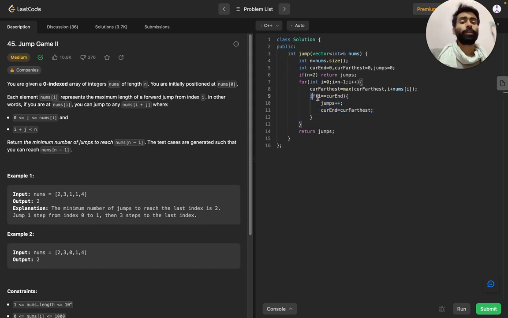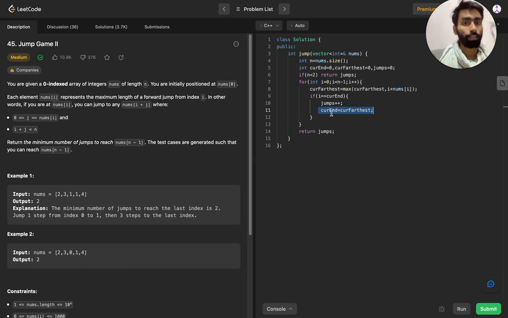In the initial stage the current end is equal to 0, as assigned here. In that case, every time the current end becomes equal to the index where we are, we will increment the jump and assign the farthest value to the current end.